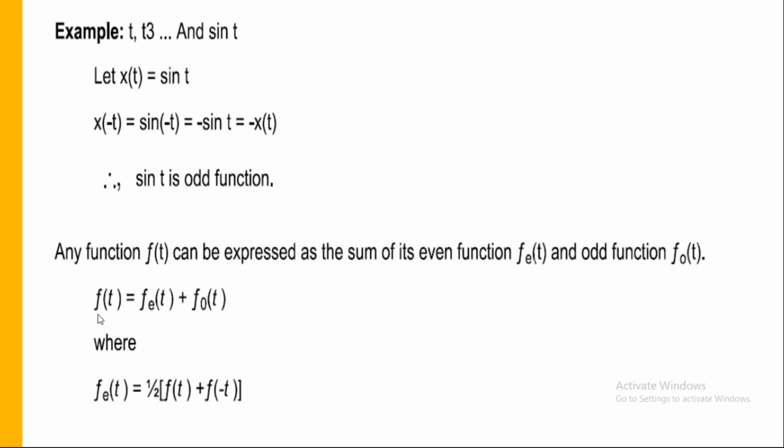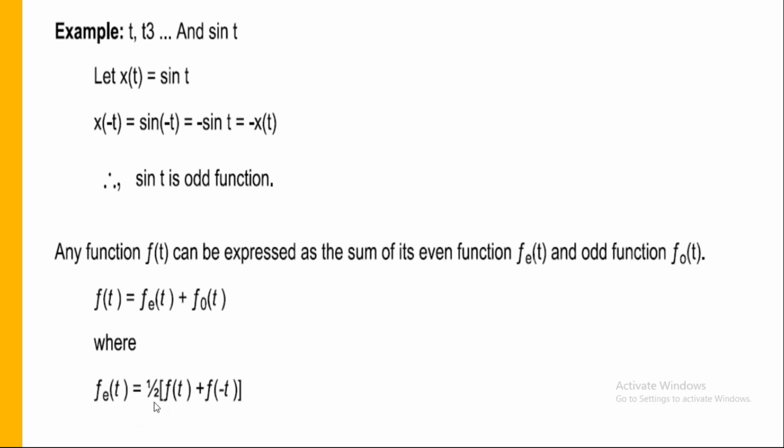f of t, I can write it as f of t, which is equal to fe of t plus fo of t. Now try to understand. Suppose you write f of minus t, what will happen? Let us see. If you replace t with minus t, for an even function, fe of minus t, again you can write it as fe of t. Then fo of minus t, I can write it as minus fo of t. So when you add or subtract, it is a combination of adding and subtraction, you will get the relation for the even function.